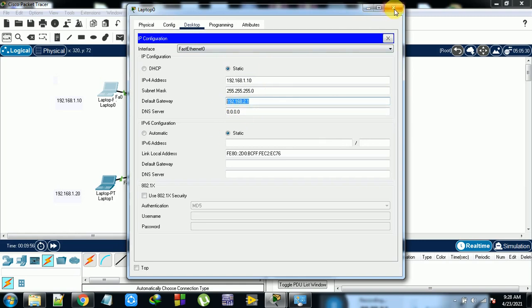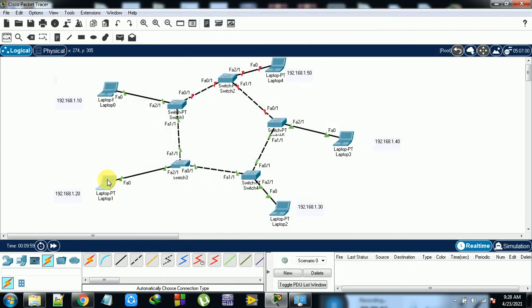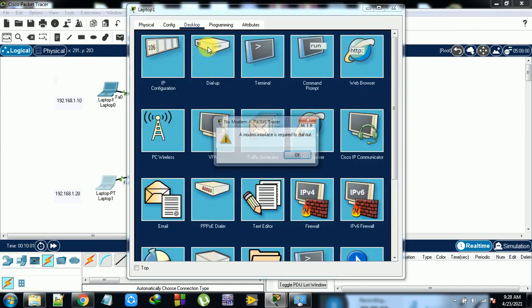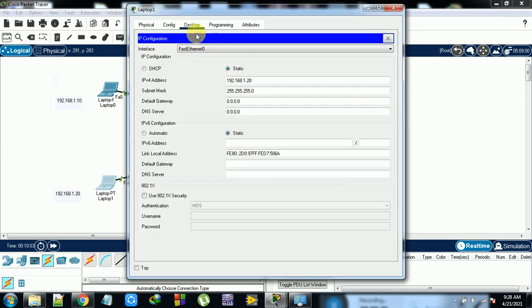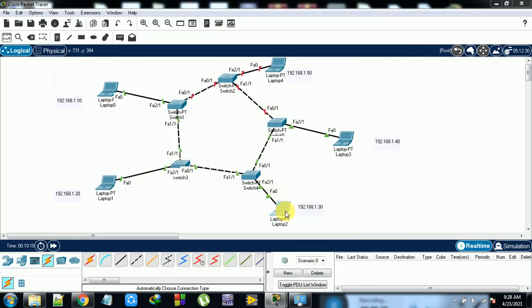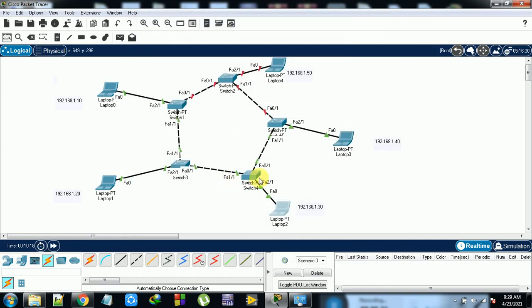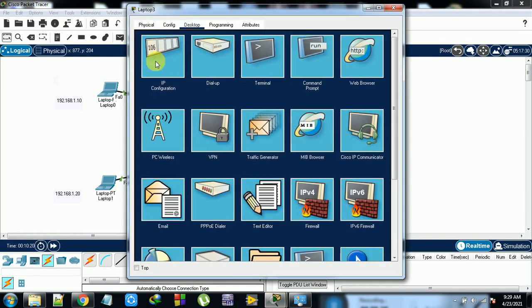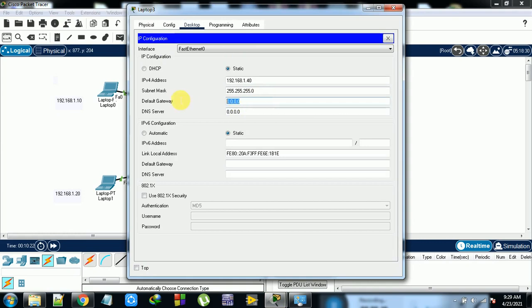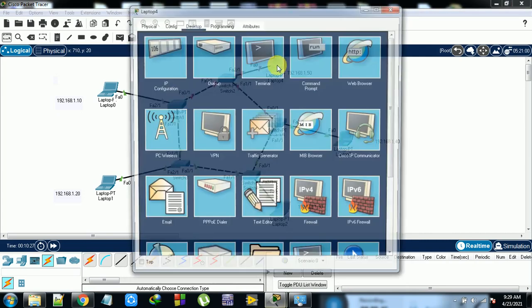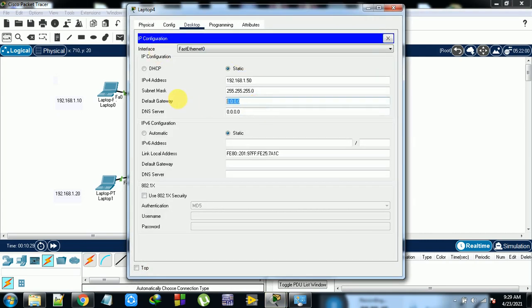Control C. Okay, so here also, and here. Then here, and here also I am giving the IP and default gateway.